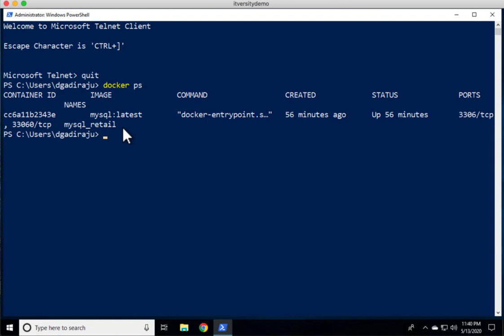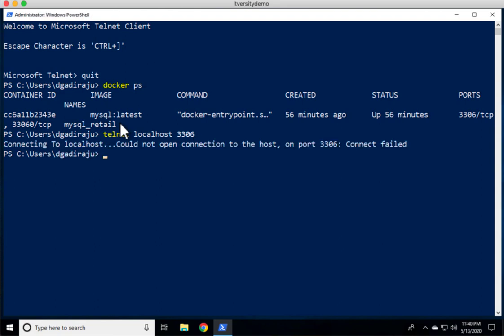To validate, you can see that under the ports, there are two ports that are defined, 3306 and 33060. We can say telnet localhost. These ports are supposed to be bound to the Windows machine, some local port. As of now, nothing is bound to the local ports, even though the Docker container is running MySQL on a particular port. As they are not bound, I will not be able to telnet here. Let me say 3306 here. It is not getting inside. It is just kicking us out. Same is the case with 33060.